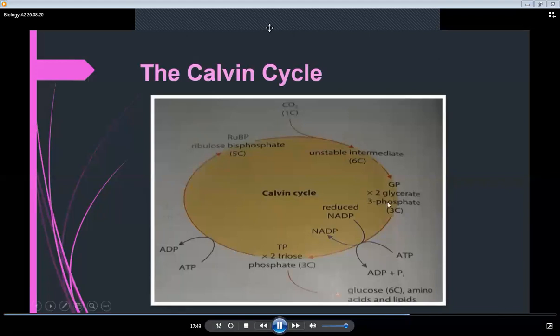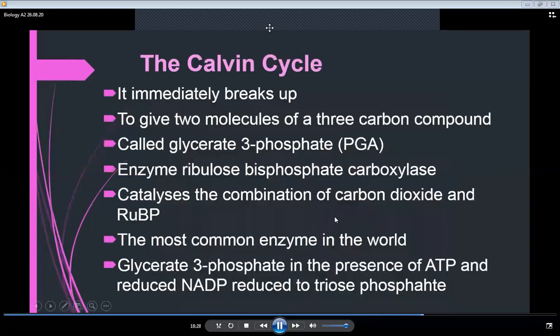Okay, so glycerate 3-phosphate is GP, but sometimes it is also called phosphoglyceric acid, abbreviated as PGA. Now, as these 2 molecules of glycerate 3-phosphate are formed, this glycerate 3-phosphate, in the presence of ATP, is going to be hydrolyzed into ADP and inorganic phosphate. So obviously using ATP and reduced NADP, and now you remember that